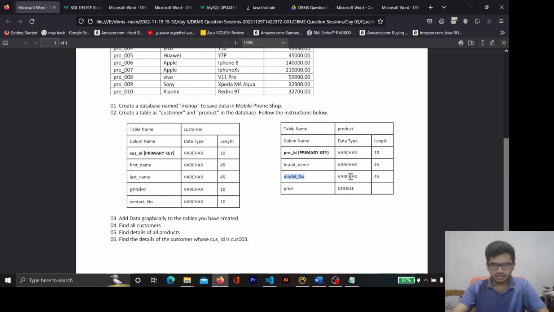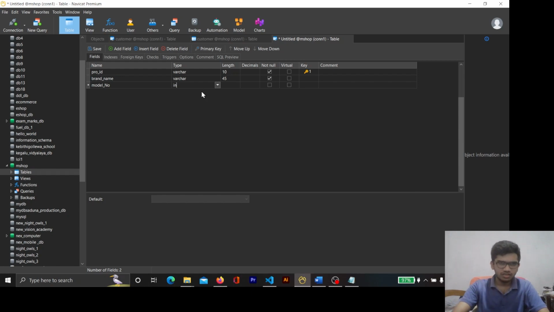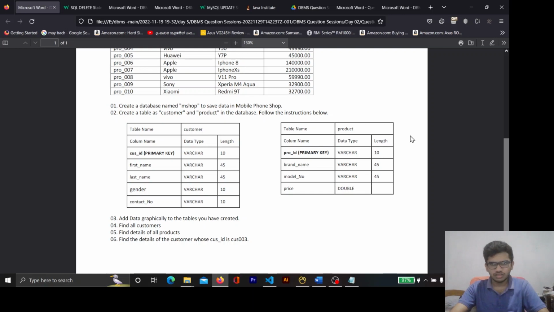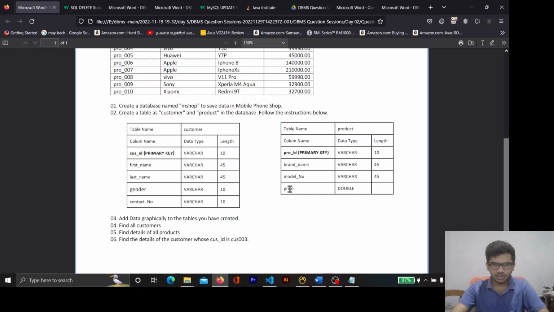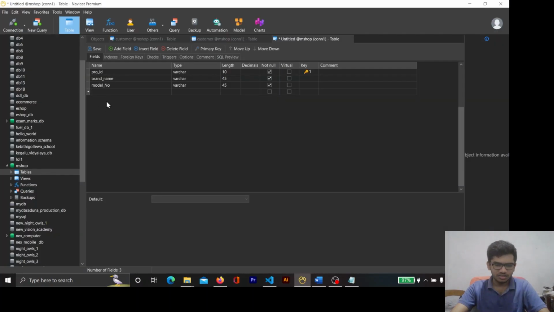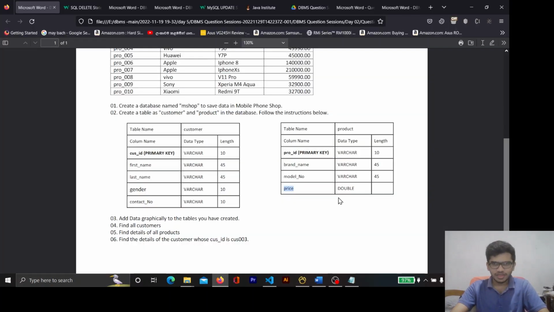Click add field and select model number. Model number is, I think, varchar, and it is 45, and you have to check the not null box. Click add field, and as a final column, the column name is price, and yeah,